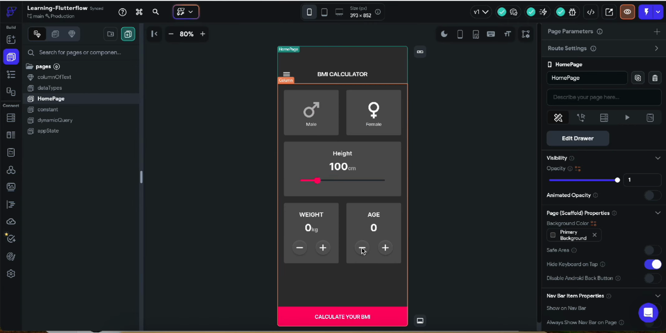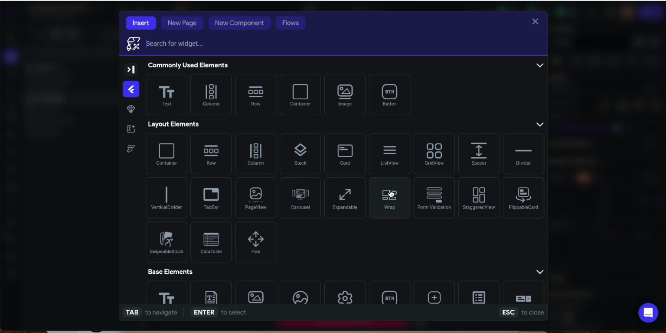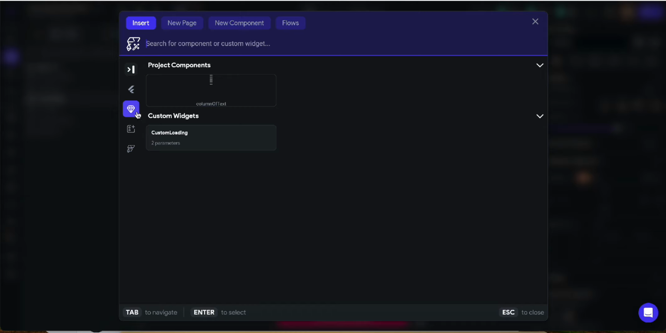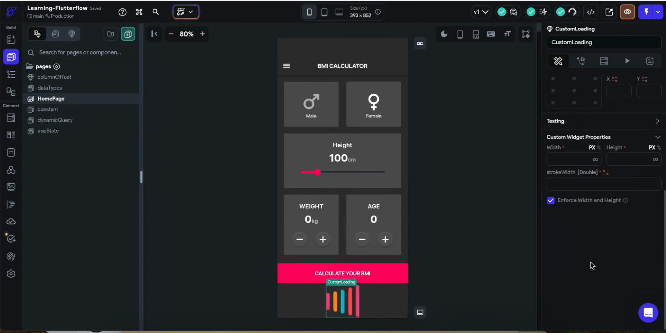Okay, so what I need to do now is that I'm going to insert my custom widget here. Okay, so I'm in a column. I'm going to insert widget, and you need to click on this diamond symbol. If you click on this button, you can see that custom widgets, and you can see custom loading taking 2 parameters. Click on it, and when you click on it, you can see that there are 2 required parameters. We got 2 errors because we must assign width, height and stock value. Stock value must be 2, for width it should be 200, and height should be